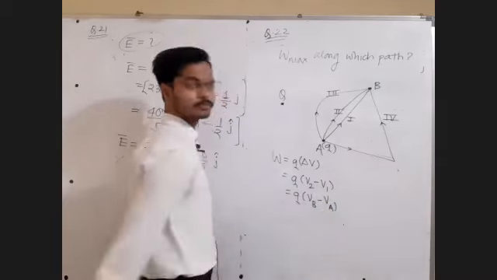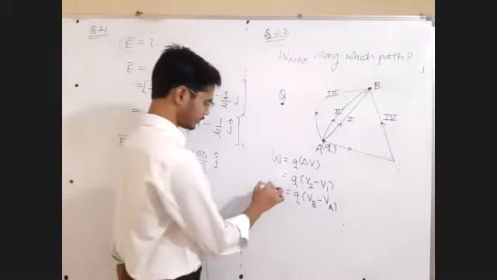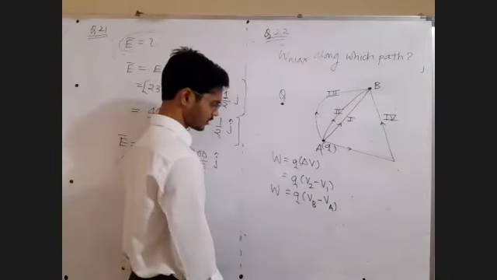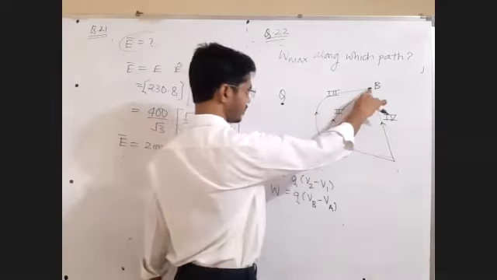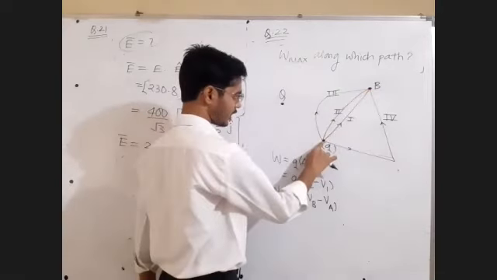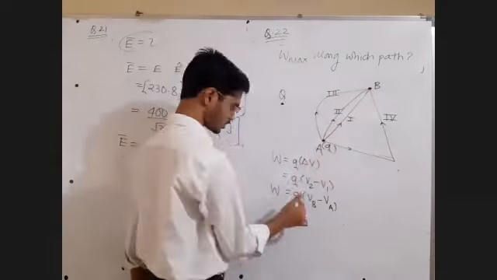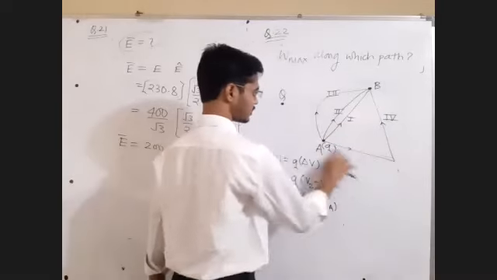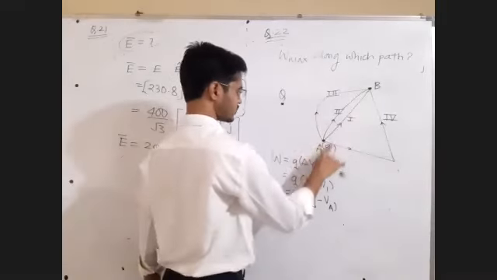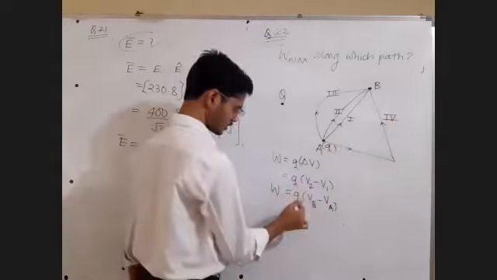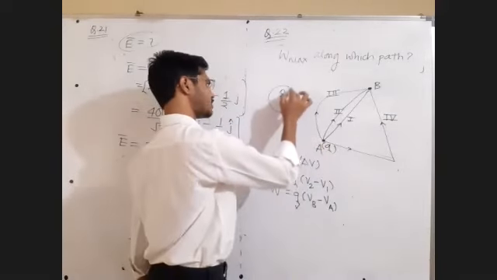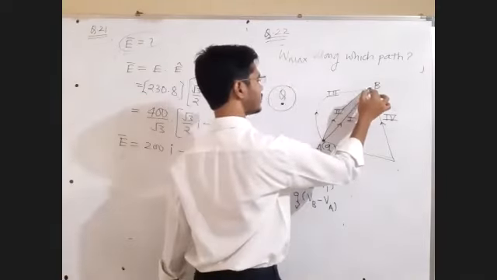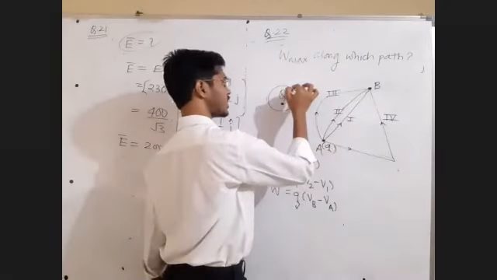Given charge is Q. You tell me, this work done depends only on the potential at point B, the potential at point A, and the charge. The charge is fixed for all the paths. For all the paths, the same charge is to be moved. So the charge is fixed. Potential at point A will be decided by this charge. Potential at point B will be decided by this charge.